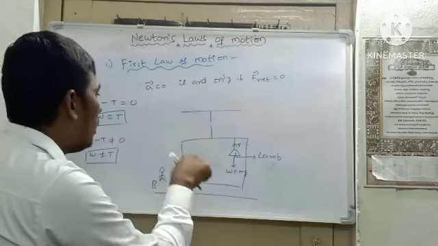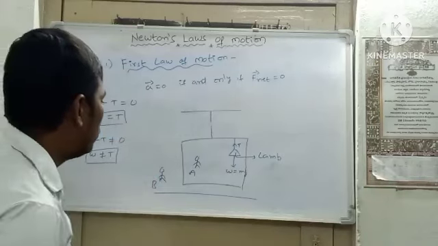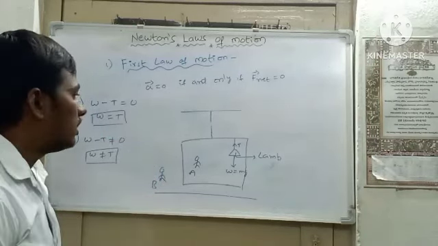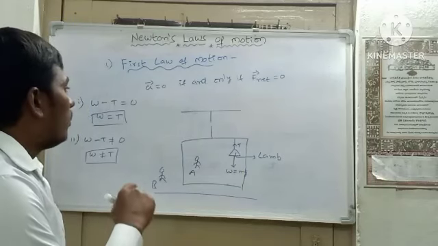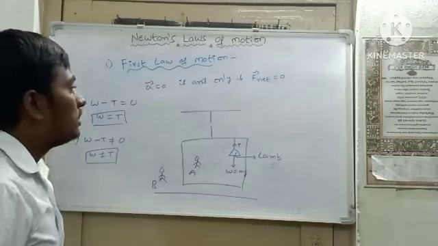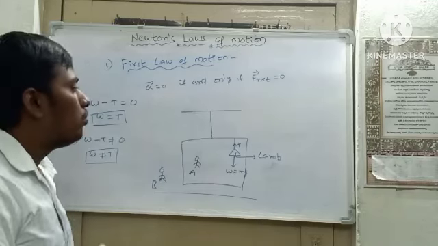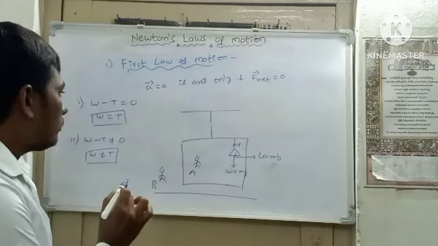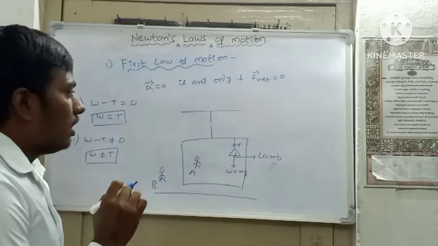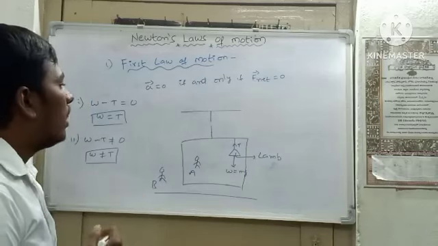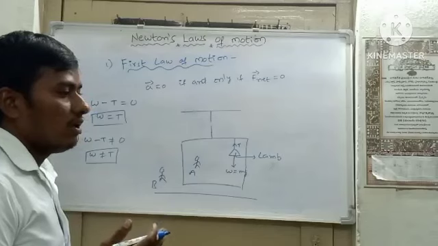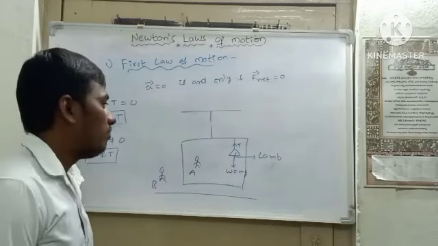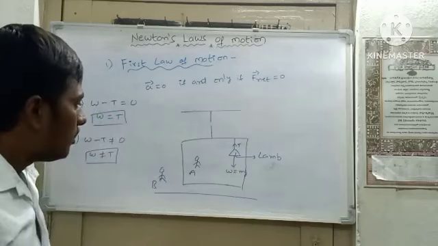So he got the weight equal to tension. Person B measured weight not equal to tension. Here, if we observe both cases simultaneously, Newton's first law is not valid. Newton's first law is valid only when we measured one by one. So here